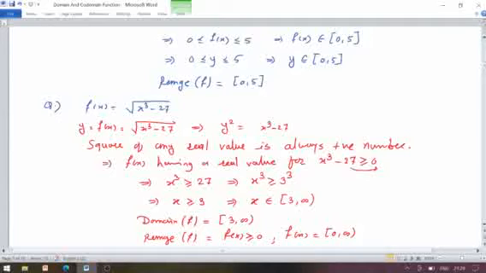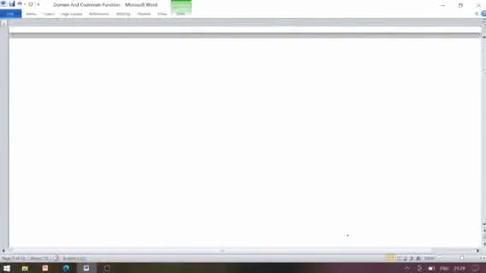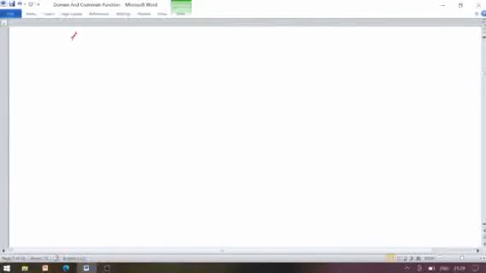Now we will think over the next problem, how to find the domain and range of the given function. So for that we have the next function f of x of the form x plus 4 divided by x minus 3. So you may compare it with a rational function. For the rational function we have the condition that whenever the function is of the form f of x divided by g of x, provided one more condition, g of x must never be 0.